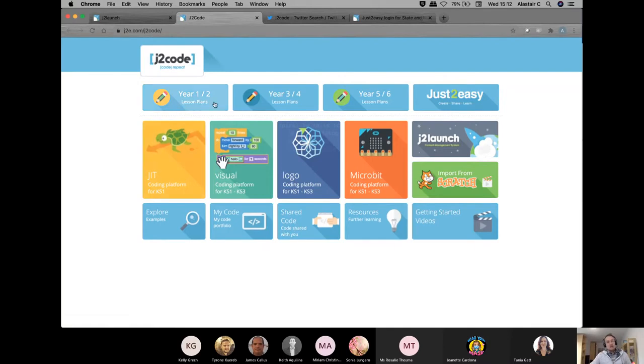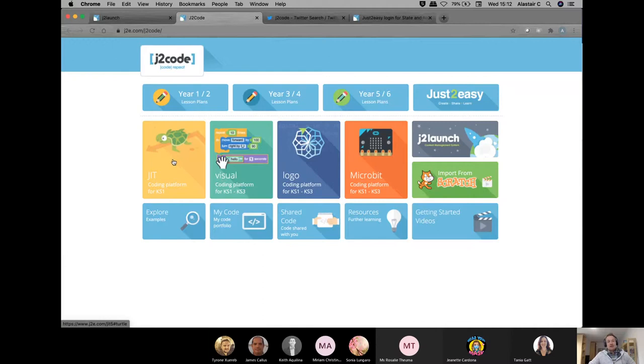Now, I know it says year 1 and year 2, however, coding for year 1 and year 2, which is the Turtle program here, that could be used very, very well in grades 3 and 4, and in fact I've used that last term with grade 4 students myself, who found this really quite an interesting program to play with, because some of them hadn't ever had any coding experience before, and it was a great way to get started.